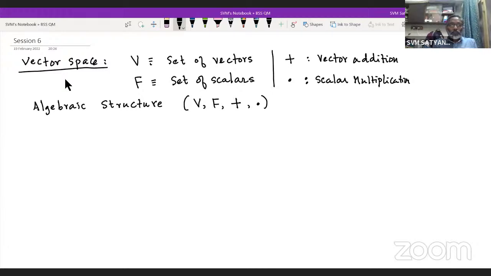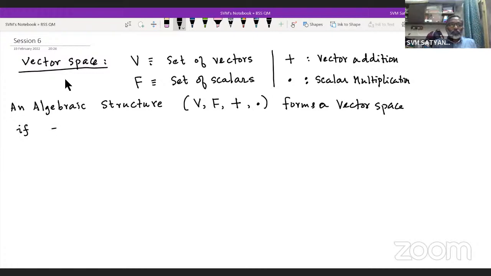So whenever we say we have a vector space, we have to have these four things. An algebraic structure like this forms a vector space, or sometimes we call it a linear vector space, if